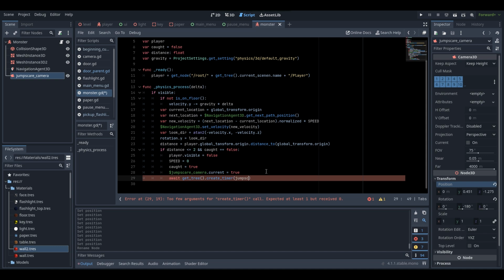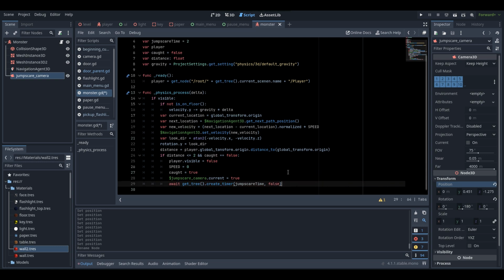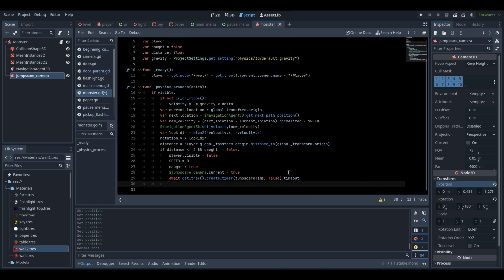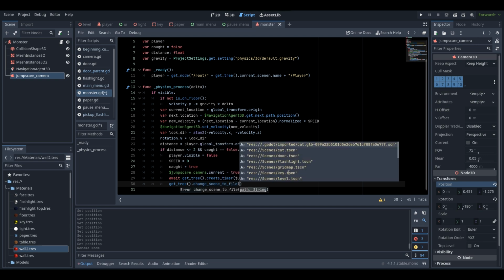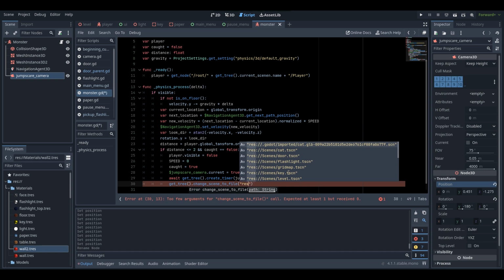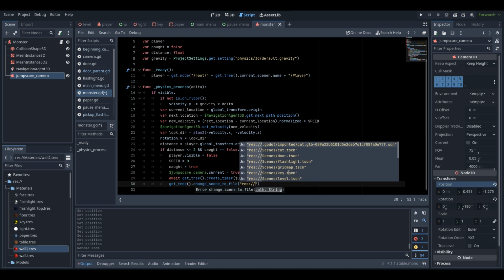So then we're going to go jump scare time, and then false, so then the timer only works when the game isn't paused, and then dot timeout. And then after that, what will happen is get_tree().create. Wait, no, we don't want to create anything. We want to change the scene. That's what we want to do. Change scene to file, and then in quotes, res://. And then you basically just want to get a scene of yours, like a death scene,